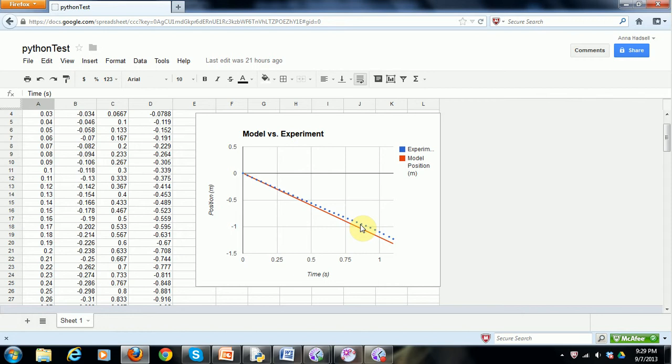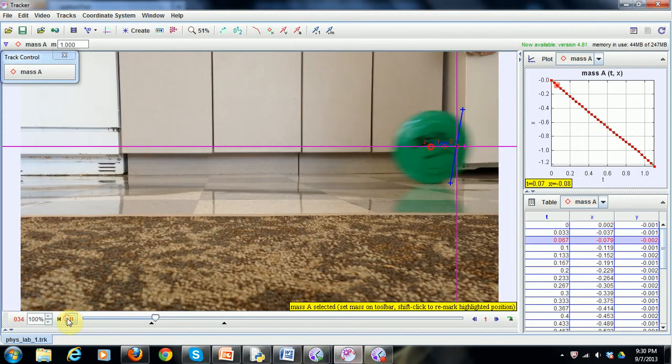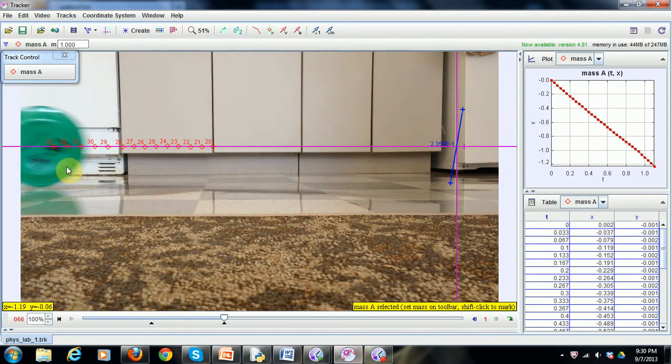If you recall, the final velocity of the frisbee was measured to be negative 1.3 meters per second. So you might be wondering how this is possible when the frisbee seems to be slowing down on the graph. I think this is the case because if you watch the video again, at the end you can see that the frisbee seems to be moving at a diagonal towards the video camera. And since the frisbee's position was only measured in one dimension, this would make the frisbee look as if it was moving a smaller distance, when in reality the distance was just as long, but just in a slightly different